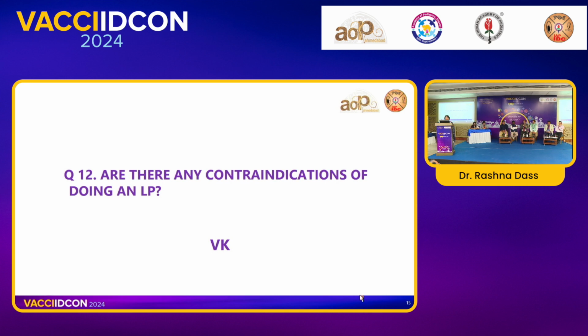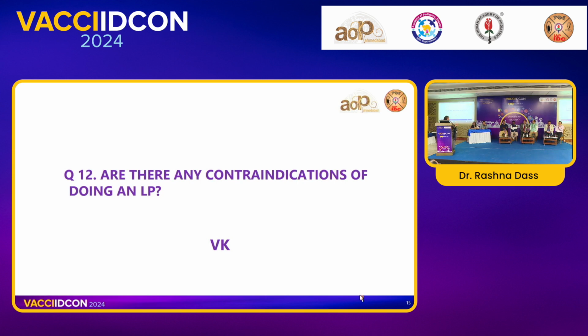Suppose the patient is unstable, like the patient is in a coma, in decerebrate rigidity, or you can take the Cushing triad, that is bradycardia, hypertension, and irregular respiration, and the Glasgow Coma Scale is below 8, then you have to avoid it. So raised ICP is one situation where you will avoid LP, and another situation is thrombocytopenia.